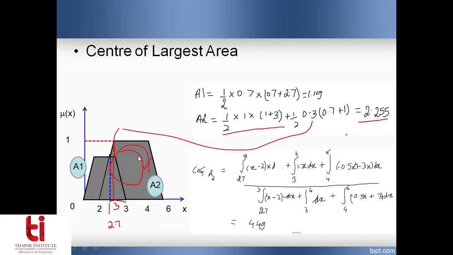So it is a slightly biased value because it is removing this part, or not using this part in the calculations. If you remember, there we got the value using the centroid method as 3.180. So it is on the higher side, more inclined to the largest area. So this may not always be the true reflection of the estimated value. The estimate may not be the true reflection of the desired or required output. Okay, it is a little biased value. Though the computation involved is quite less in the case of center of largest area.